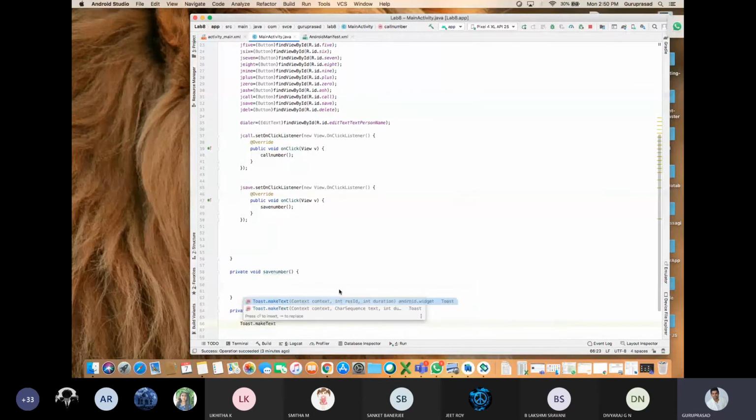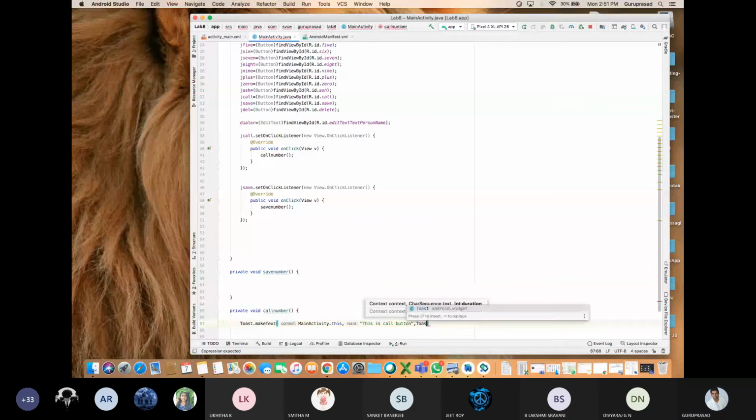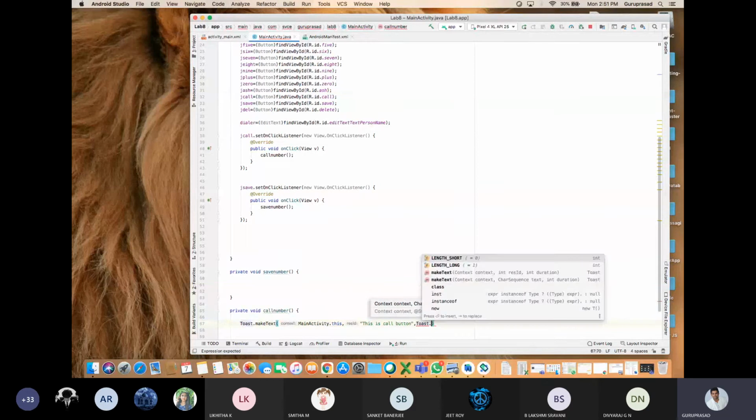In this main activity dot this, comma. What is the text? This is call button, comma, toast dot length short, dot show semicolon.